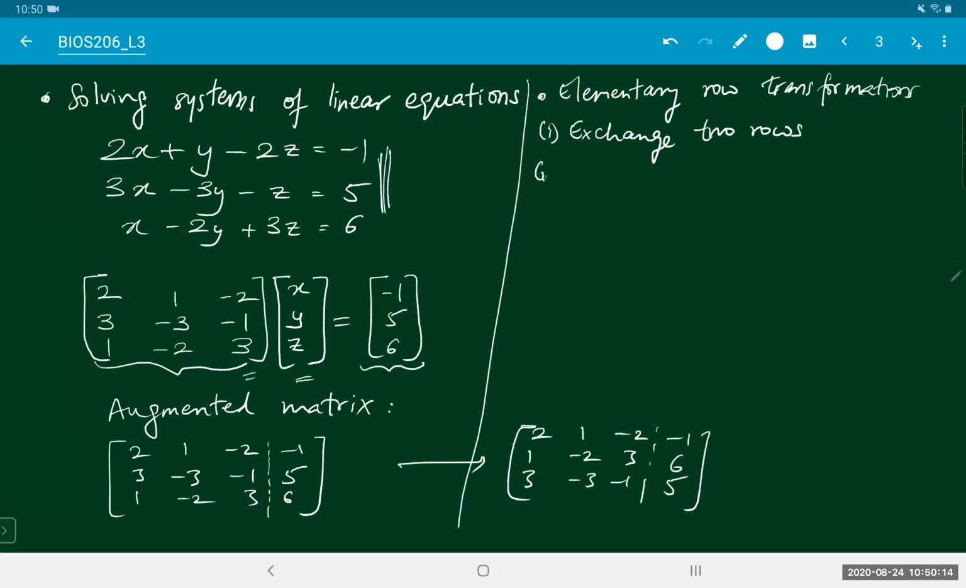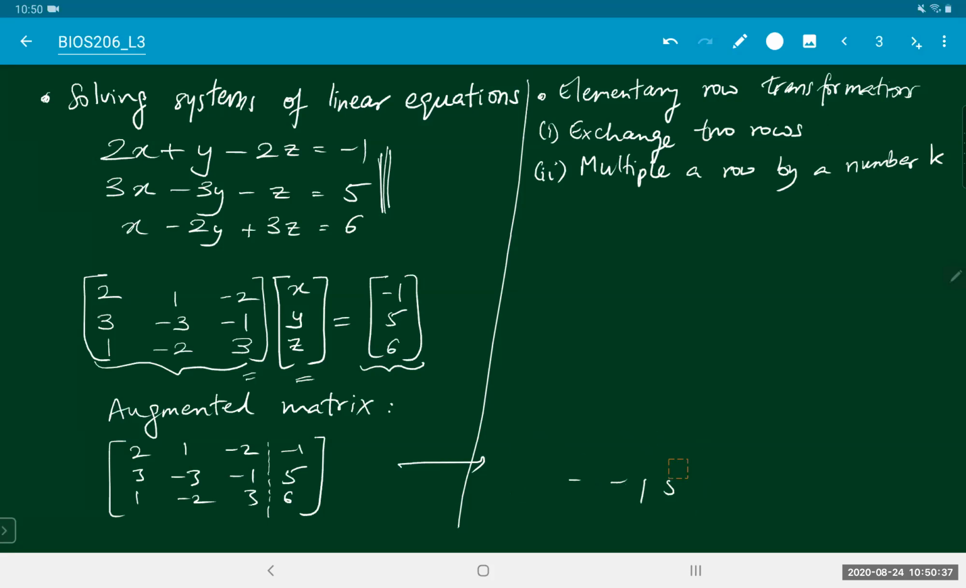The second row transformation I can do is I can multiply any row by a constant, by a number. So again, coming back over here, suppose I decide to multiply the first row by a factor of 3. Then I can write this as